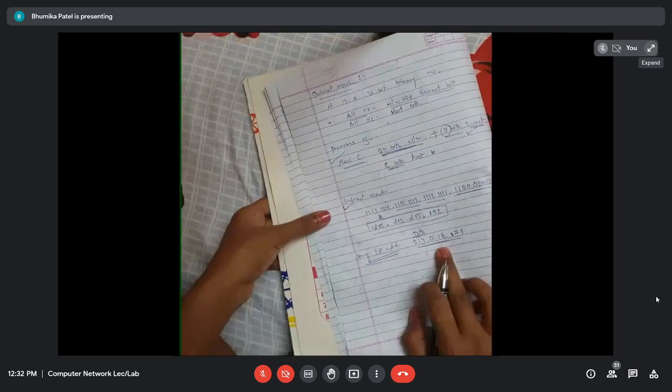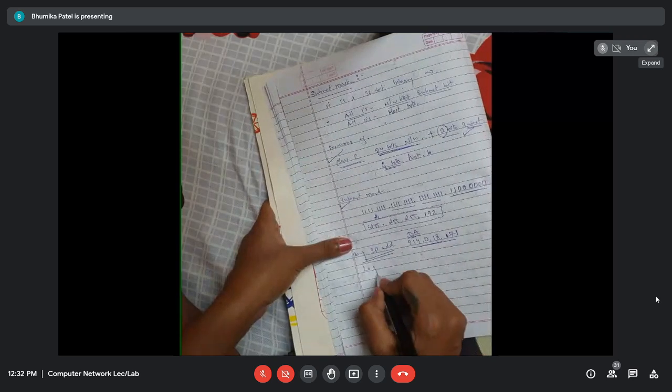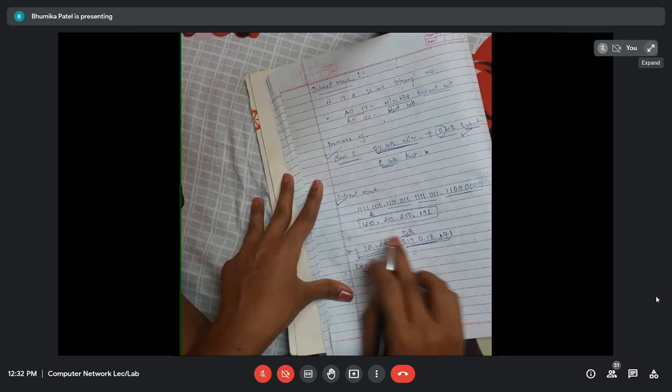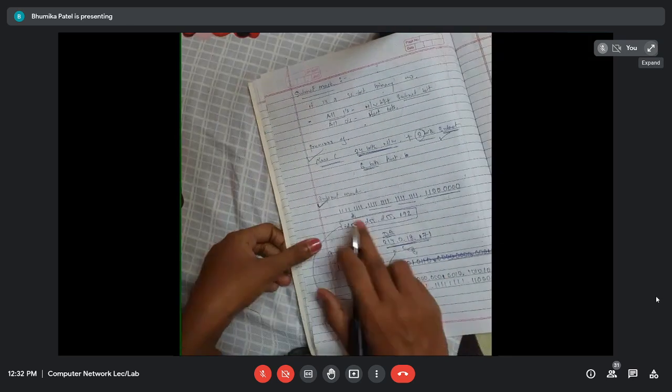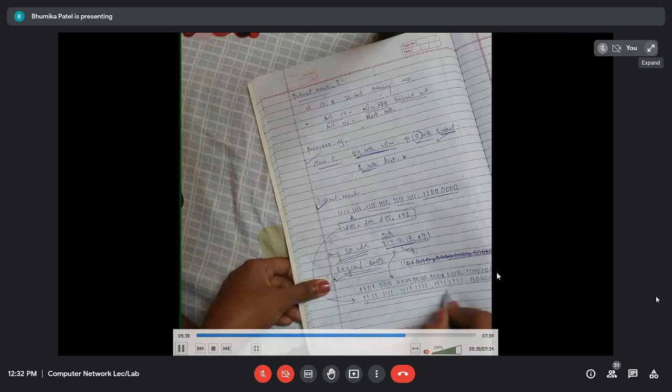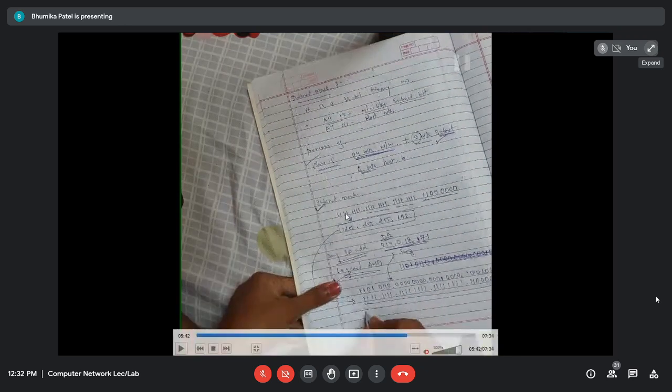Okay, let me fast forward. If I convert this destination IP address into binary and then perform the logical AND with the subnet mask, it will be like this. See, I have converted this destination IP address into binary. So 214 will be 11010110. If you convert this 0, that means all zeros. If you convert this 18, it will be 00010010, and 171 will be 10101011. And we already have the subnet mask in binary, so it will be like this.